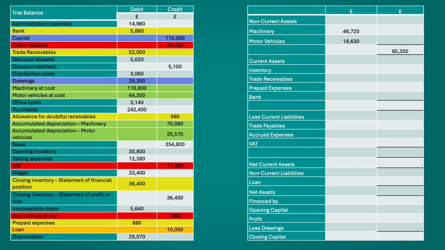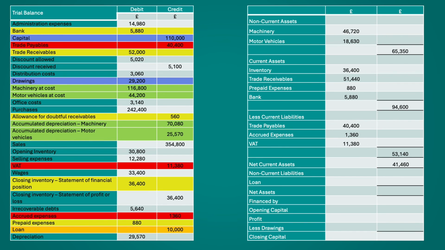Moving on to the current assets, let's enter in all the figures relating to these. What's important to note on this one is that to get to your trade receivables figure, remember that we need to do the trade receivables balance less the allowance for doubtful receivables figure. Also, just make sure you total all of these up just underneath. We then enter in our figures for the current liabilities, and again the total for these. The next calculation is the net current assets, which, remember, to calculate this we do the total current assets figure minus the total current liabilities figure. That gives the business net current assets of